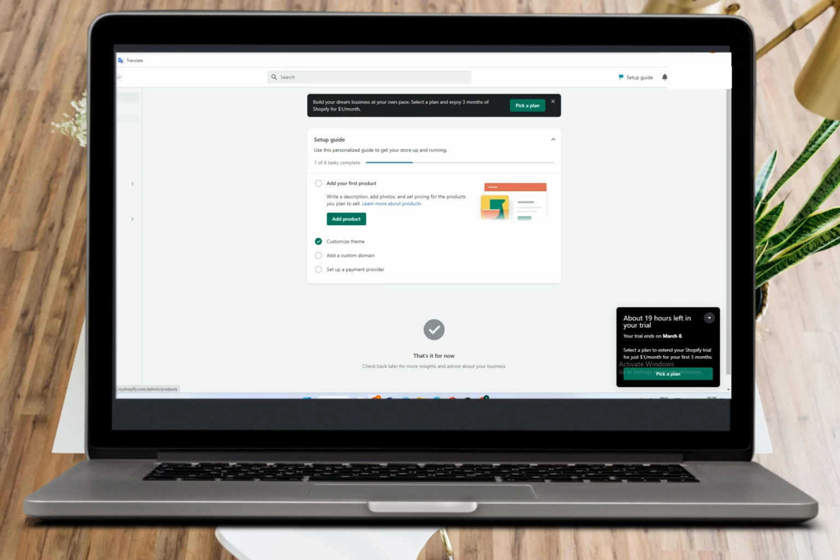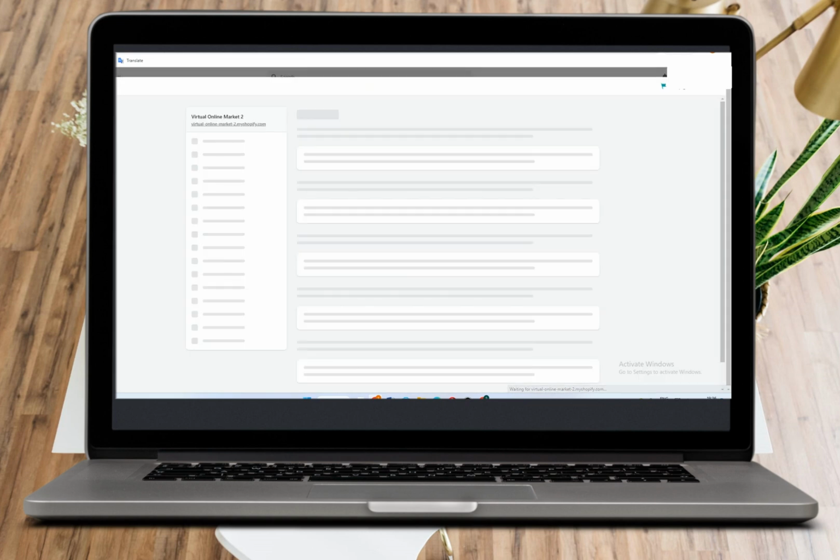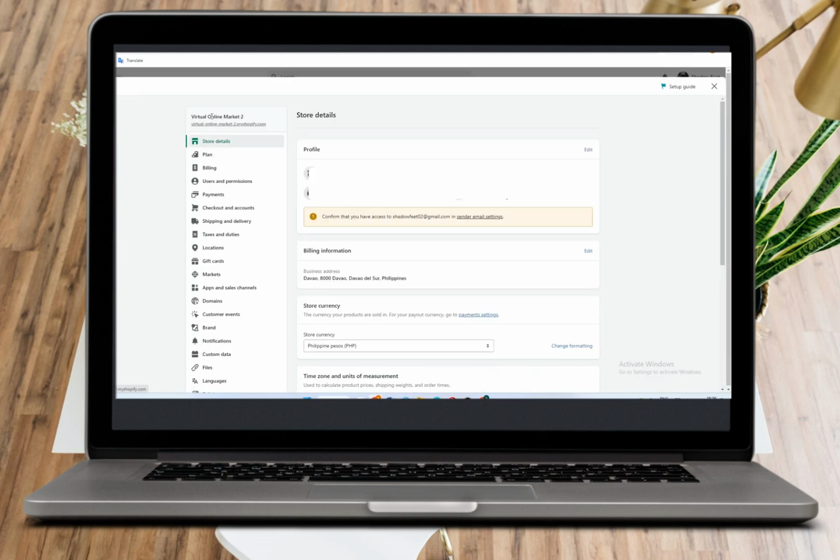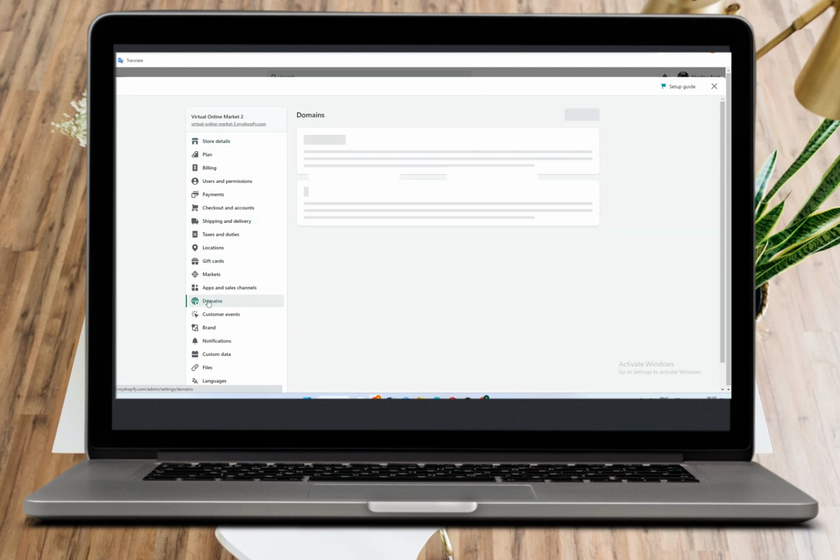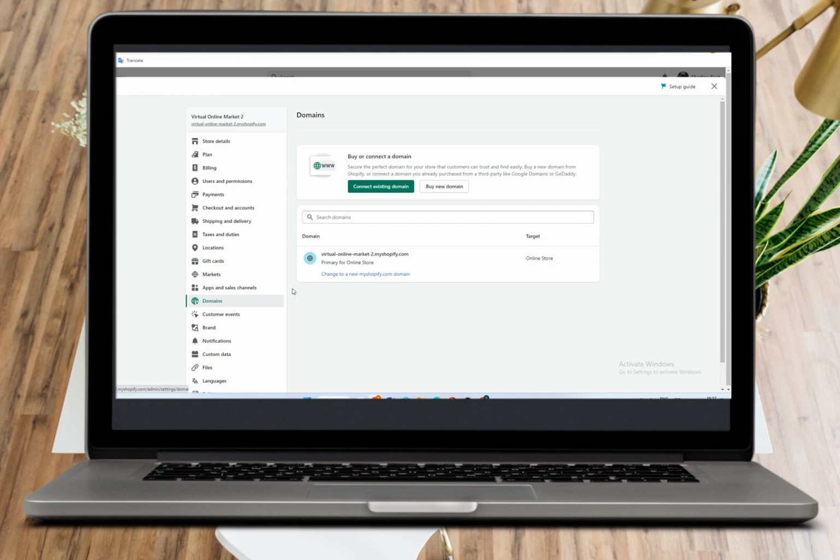Hello, today I am going to show you how to change domain name Shopify. Go to Store Details and under Store Details, kindly click Domains. Once you click that, it will take you directly to the site where you can see Buy or Connect a